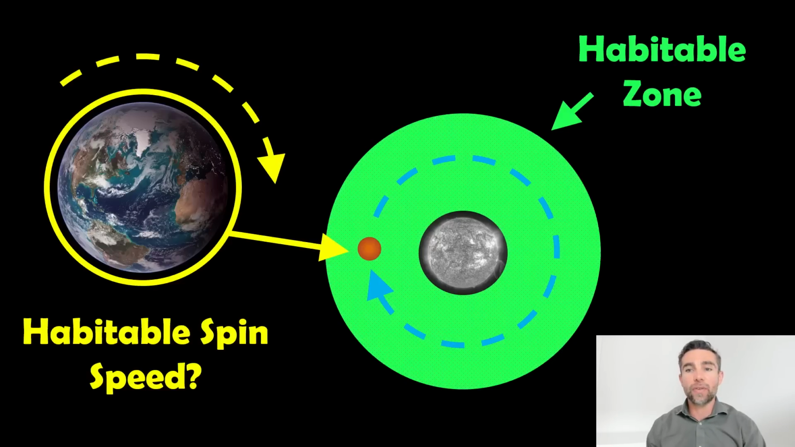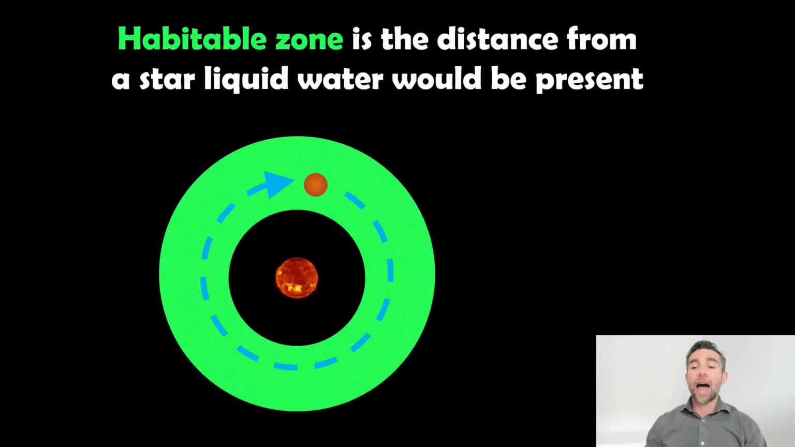Now, if you haven't seen my other videos on the habitability zone, I'm just going to recap that and how that alters with regards to star type, and then we'll go on to the actual spin speed of a planet. So the habitable zone, which is this green zone around the star where the planet is orbiting,